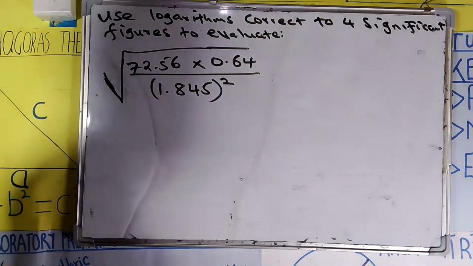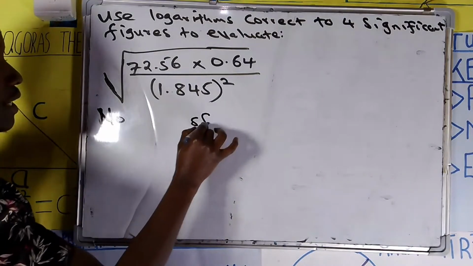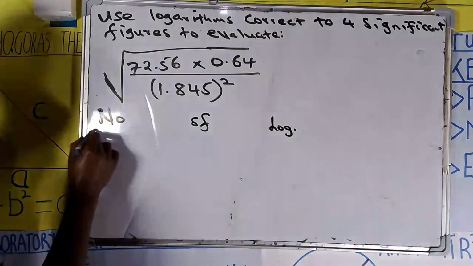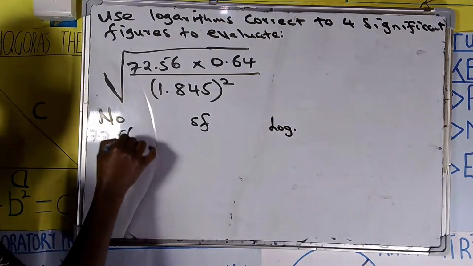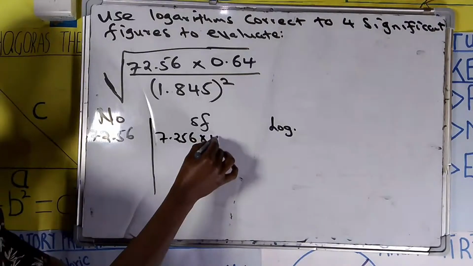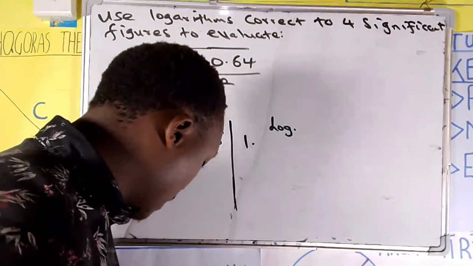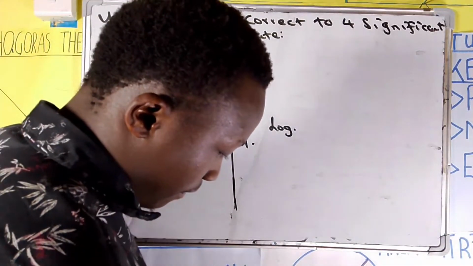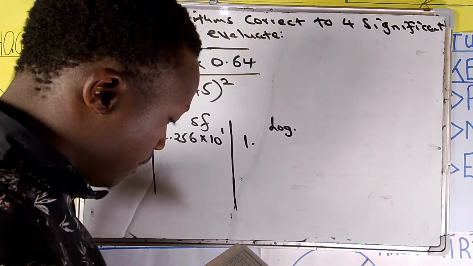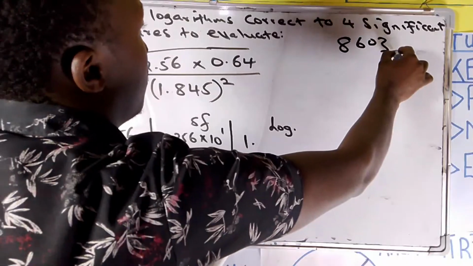You can correct on that mistake using the correct value. So we have number, we have standard form, and we have logarithms. So our number is 72.56. Our standard form is 7.256 times 10 to power 1. And our logarithm is 1 point. So let us get to our tables. 7.25, it is 8603 plus